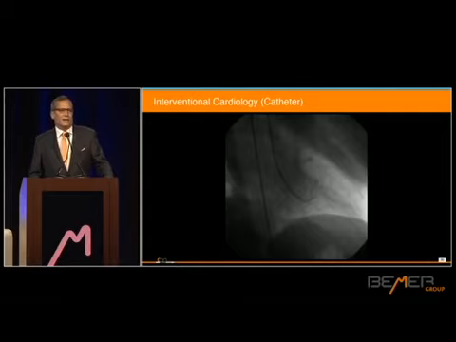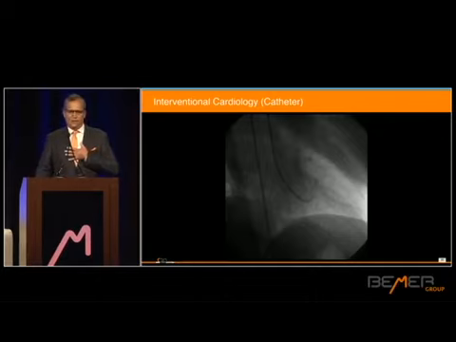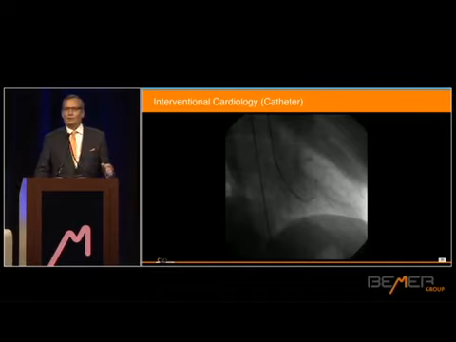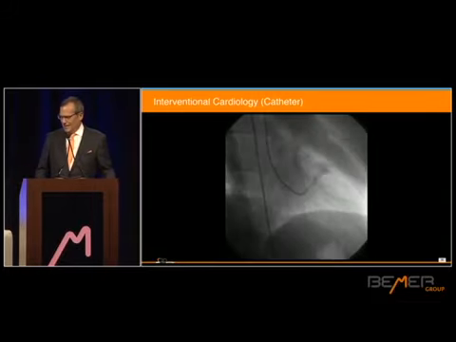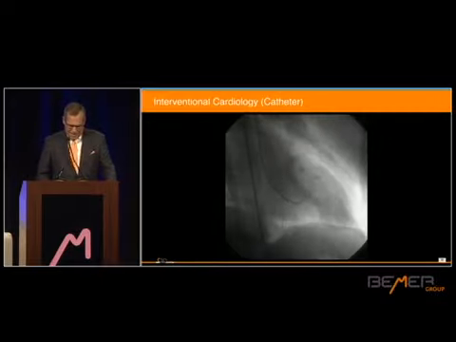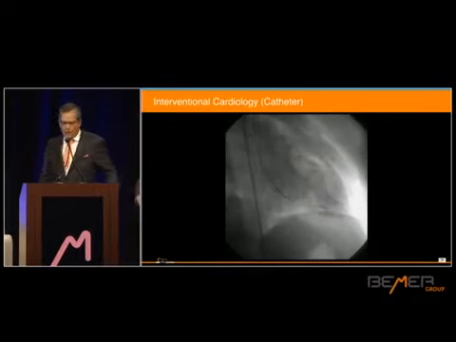When someone has a heart attack, the blood flow stops in one of the three major coronary arteries. And that creates a sudden onset of some discomfort, usually in the chest area. The cath lab team is called, the patient's on the table, and the first thing we do is take a picture of the heart function. In this picture, you can see the top of the